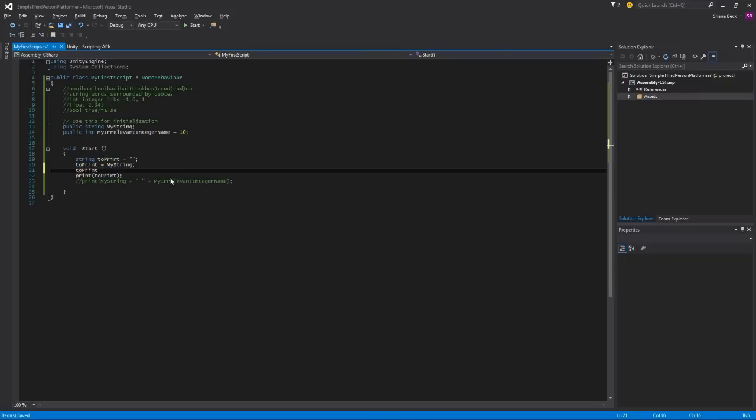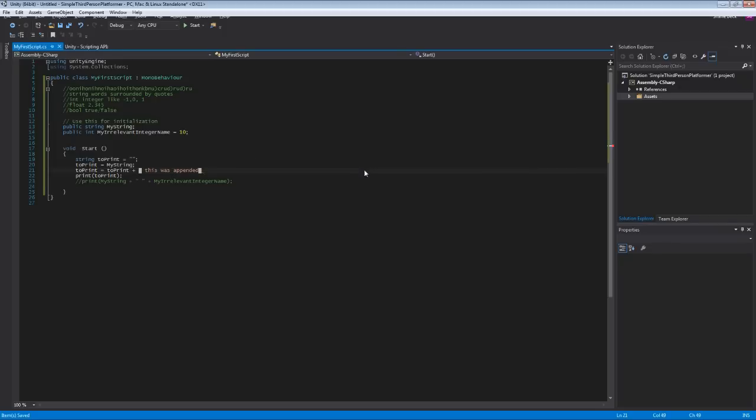Further, if we go toPrint equals, we can now do toPrint plus something else. Like we can do this was appended. And then again, end every line with a semicolon. Very important. Also, if you don't end a line with a semicolon and you hit save and go over into